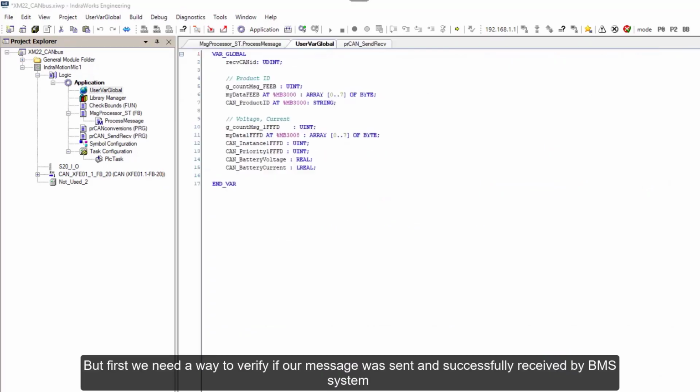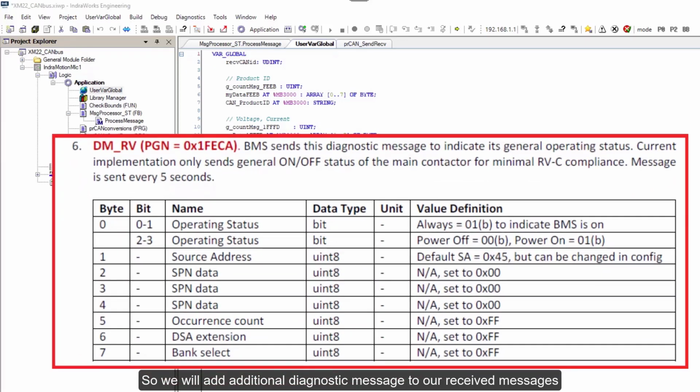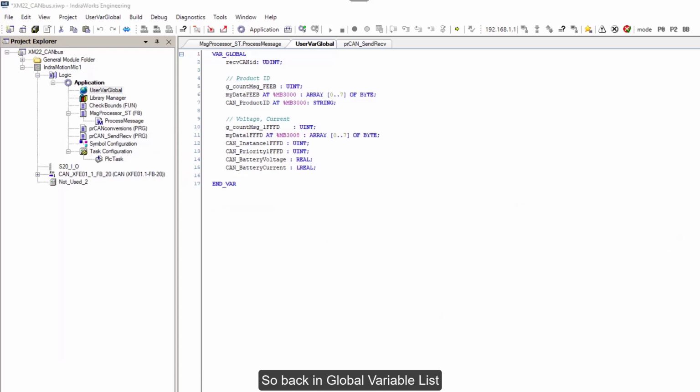But first we need a way to verify if our message was sent and successfully received by the BMS system. So add an additional diagnostic message to our receiving messages and monitor operating status. So back in the global variable list,